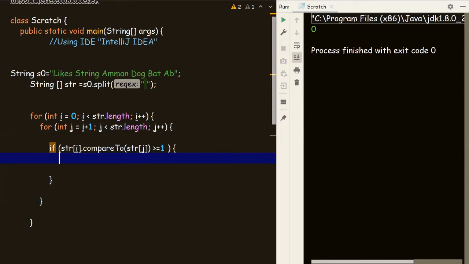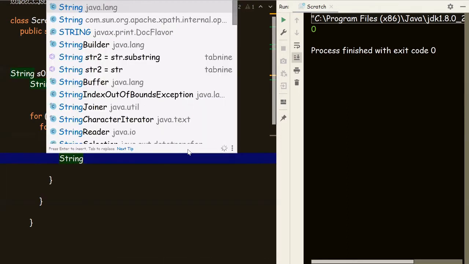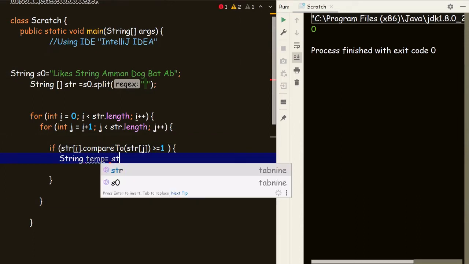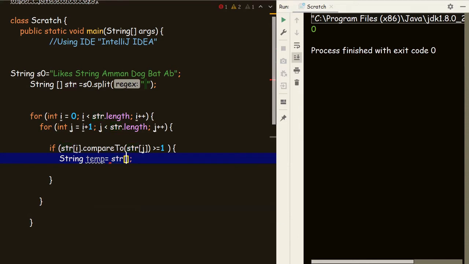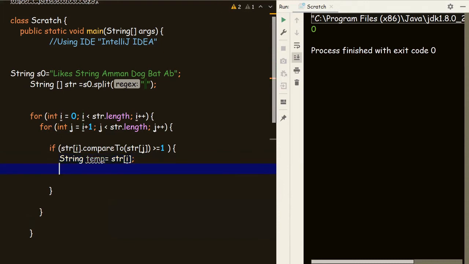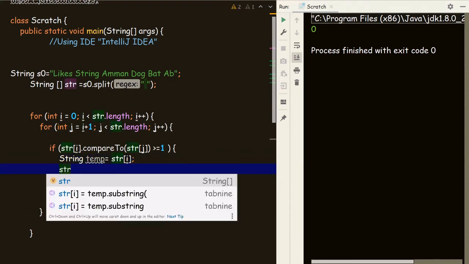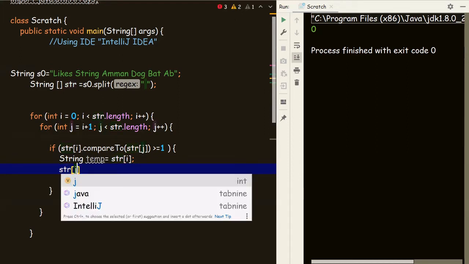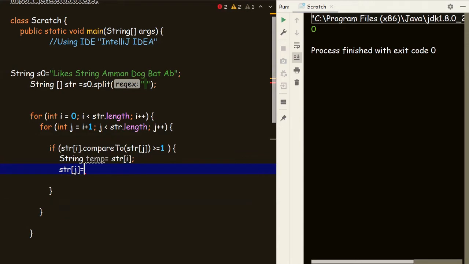So we would create a temporary variable and initialize it with str of I. Now we would go with str of j equal to... I hope you know that swapping method. So we have to create a temporary variable and put the str of I value over that,